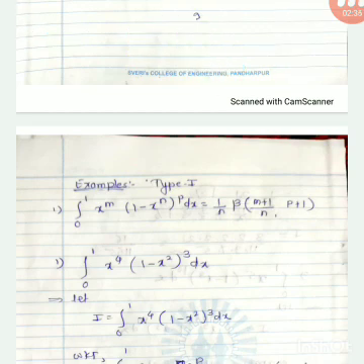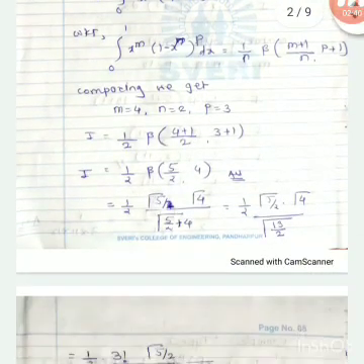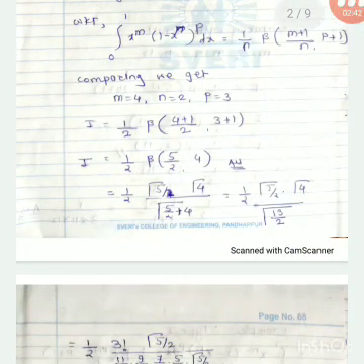Let's go for now examples. Okay, let's move to the example. Consider the first type, which is the important one, that is the integral from 0 to 1 of x raised to m, (1 minus x raised to n) raised to p dx. If our integral is of the form 0 to 1 x raised to m, 1 minus x raised to some power, and the whole bracket raised to some power p dx, then